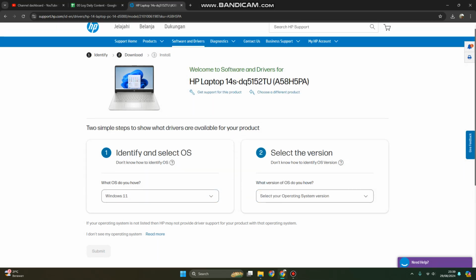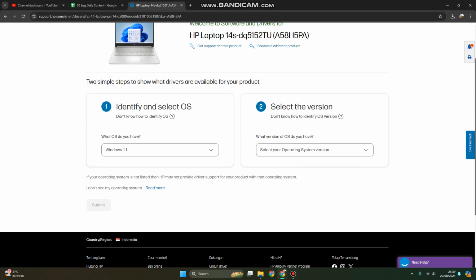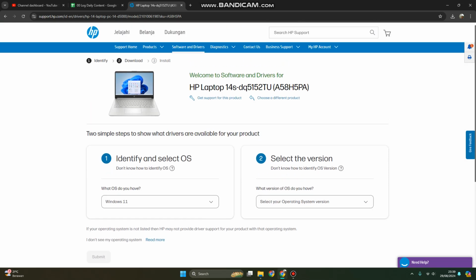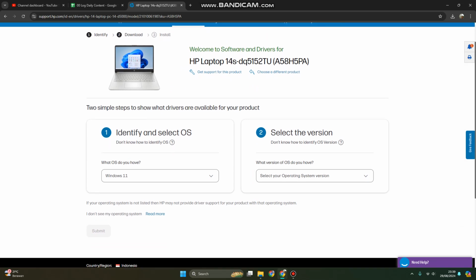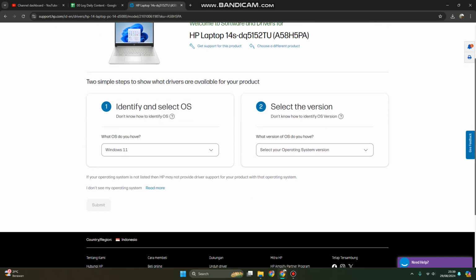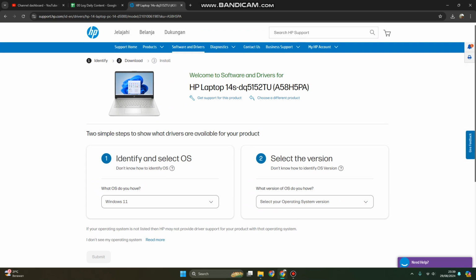Today I'm going to show you what to do if your laptop or your all-in-one PC, for example, cannot identify your SD card or the eMMC card cannot be detected on your laptop. For example, here you can go to your